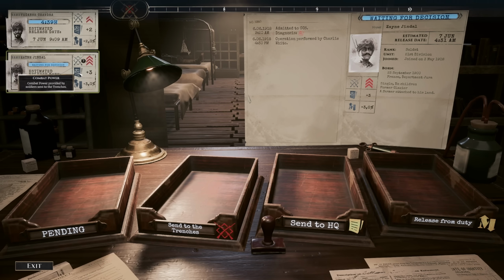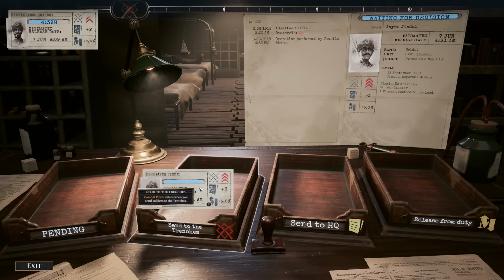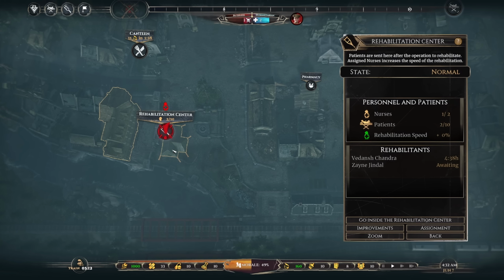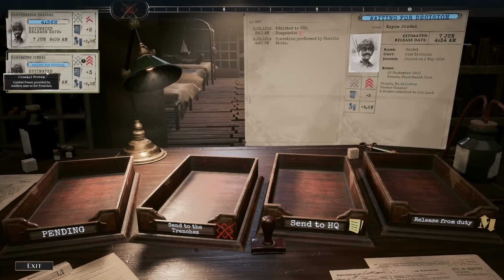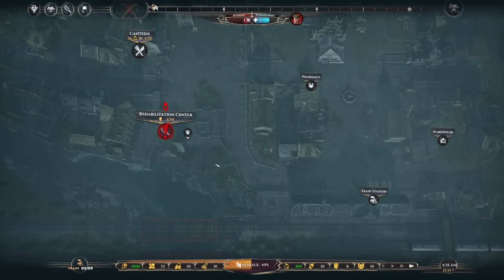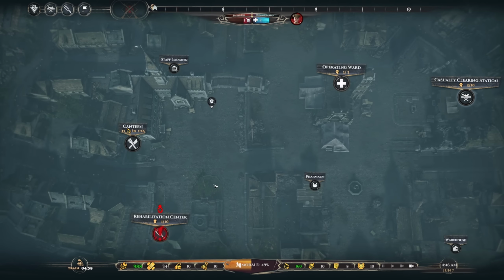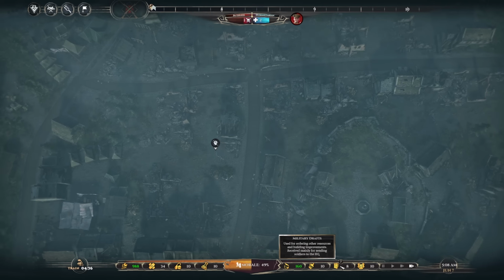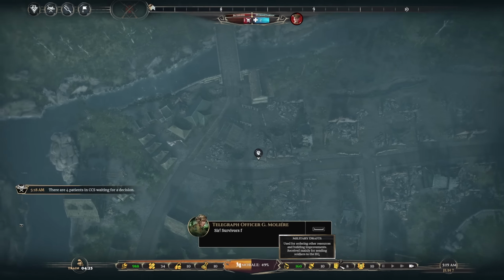What you also see over here is these 3 papers. These 3 papers are... Let me show you back in the main menu. Over here, I currently have 8, if I'm not mistaken. And I sent this guy over to the trenches. Sir, patient is cured. There he goes. Back to the trenches. We're going to see this go up from 8 to 11. So the more that you get these people healed up...